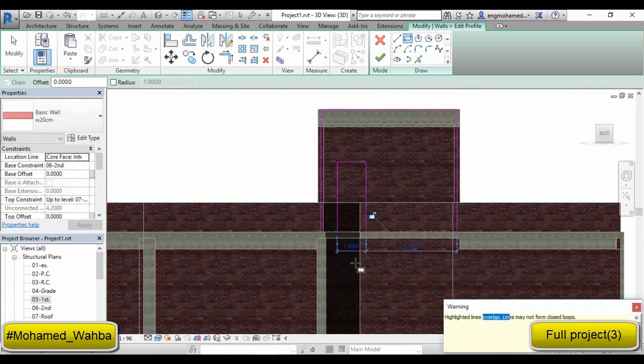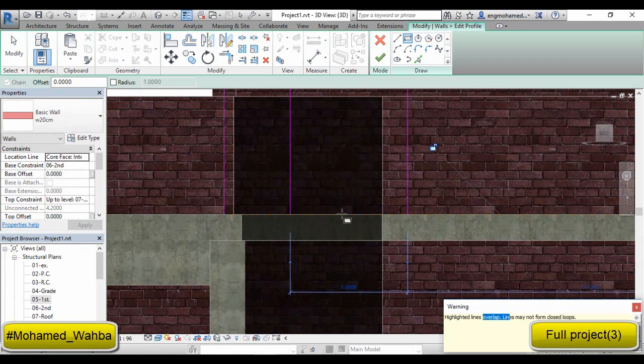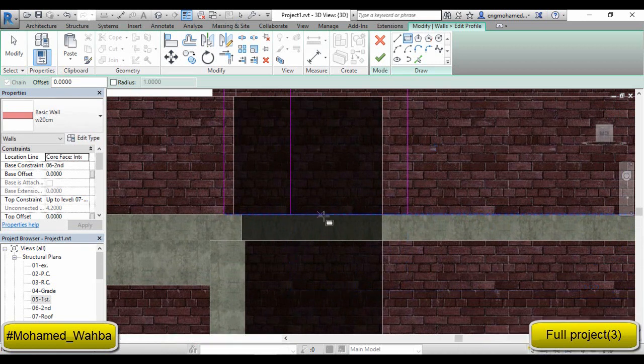I made an overlap by drawing two lines at the same location. So I will delete this line,